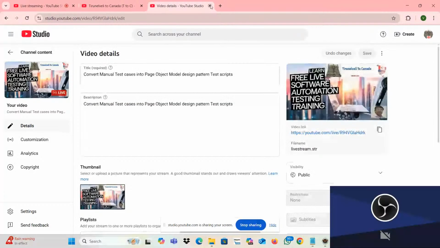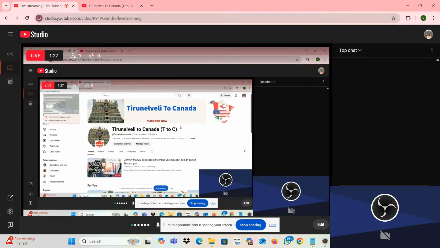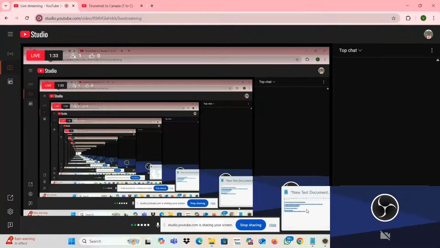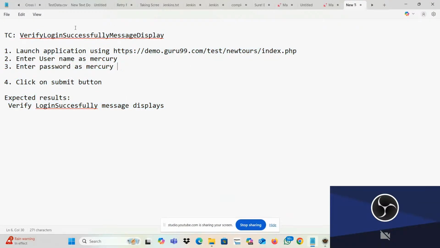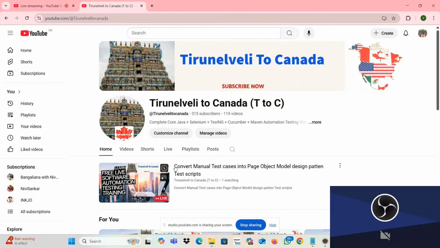Okay, test scripts. That's what I am going to talk about. Okay, page object model test scripts. That's the topic. Okay, this is a manual test case. Okay, the topic is convert the